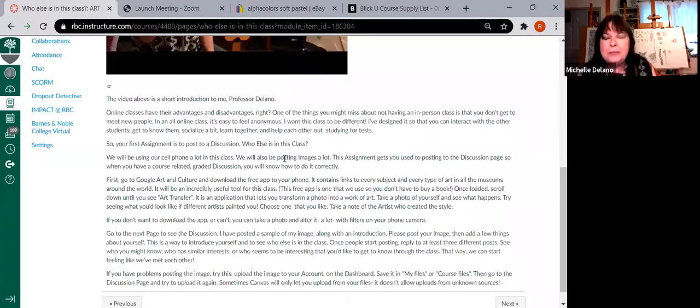Now, I'm going to give you an example. If for some reason you do not want to download Google Arts and Culture and you can't get it on your phone or whatever, you can take a picture of yourself and you can alter it with filters. You can alter it as much as you want. I am not so interested in seeing a photograph of you as seeing some kind of, I want you to play around with a creative interpretation of you. If you hate the idea of your face being on a discussion board, you can also